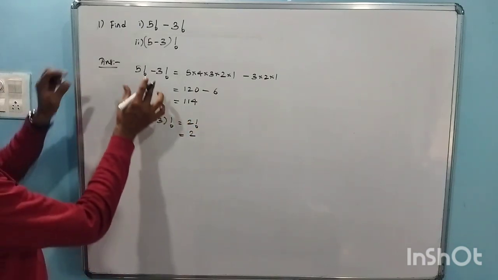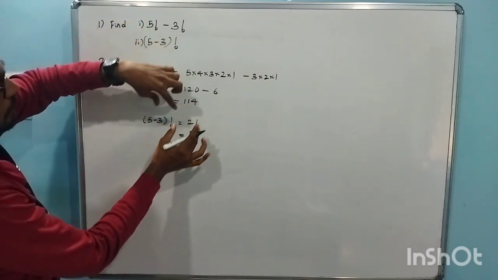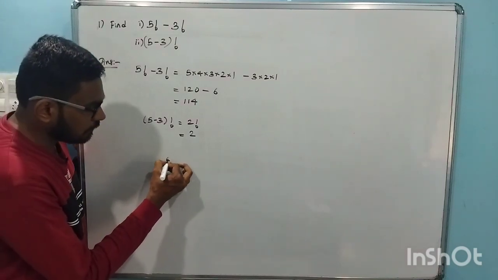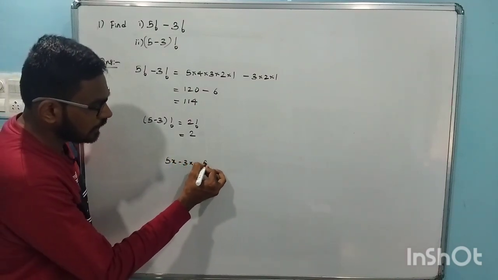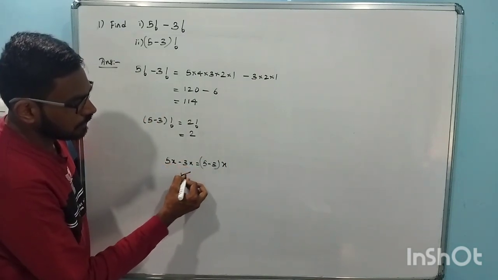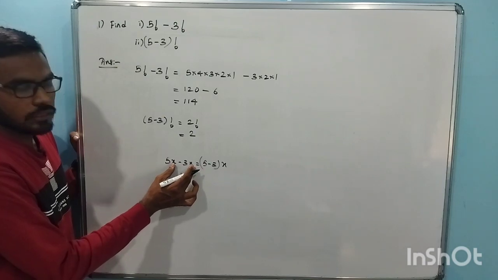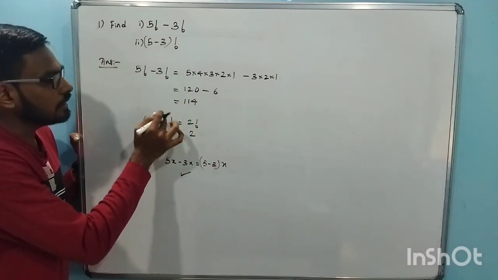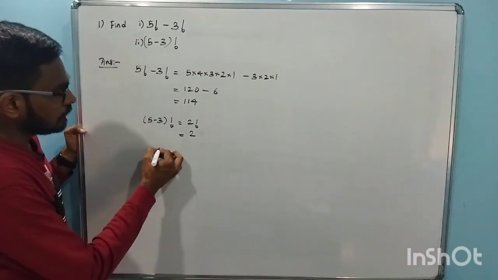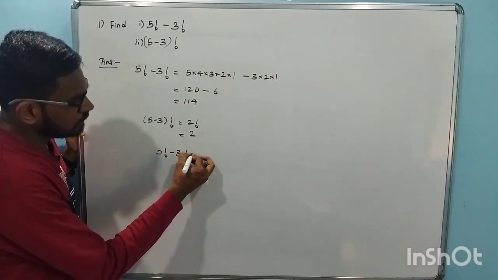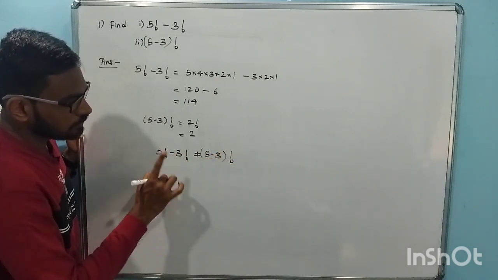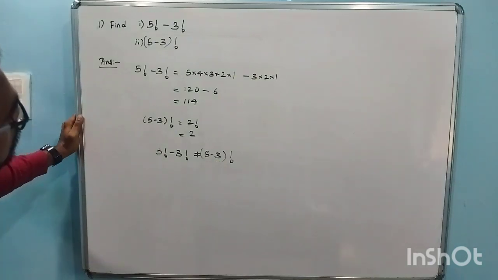Now if you see, 5 factorial minus 3 factorial and (5 minus 3) factorial, both are different. Okay, so how do we take common like this? 5x minus 3x is (5 minus 3)x. So like this we can't do it here. Here we can do, I'm taking the real number common, but here we can't. Can't take the factorial common and all. So 5 factorial minus 3 factorial is not equal to (5 minus 3) factorial. Similarly for plus also, 5 factorial plus 3 factorial will not be equal to (5 plus 3) factorial. Okay, next,